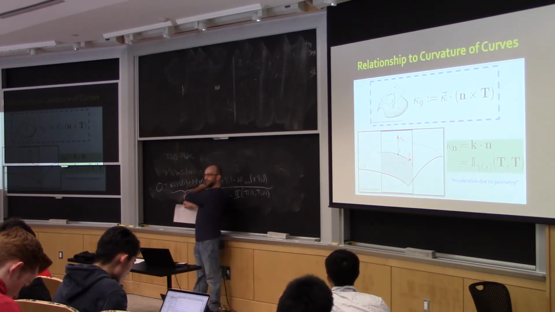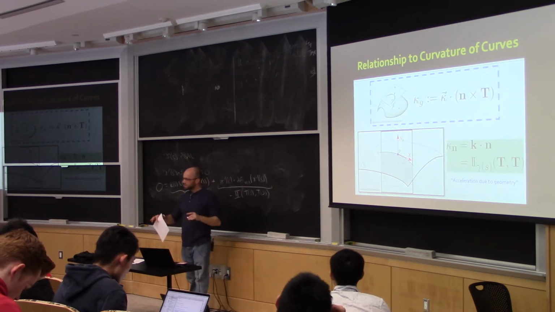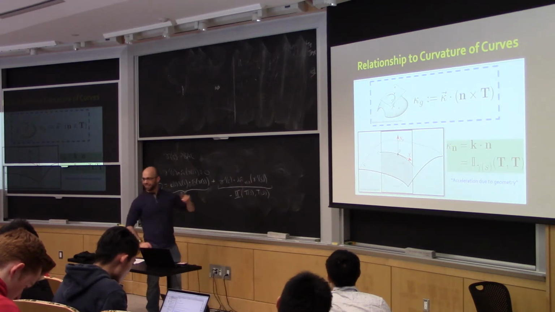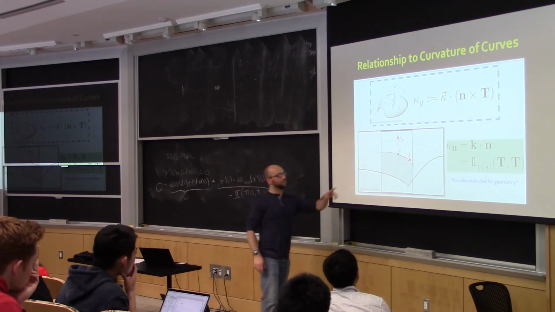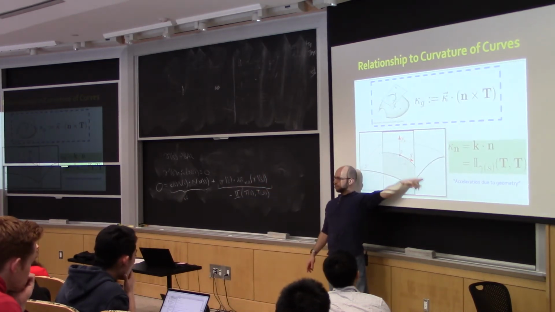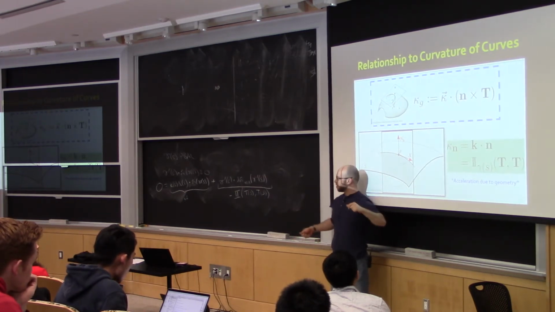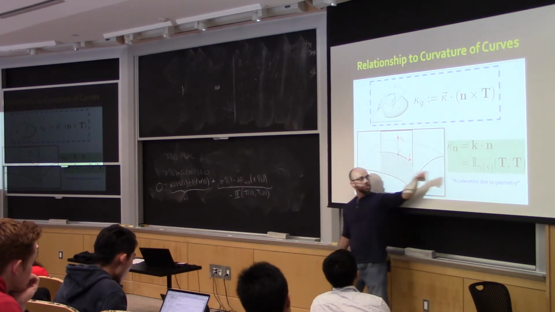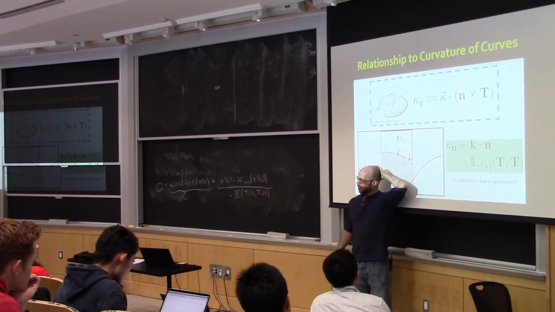Hopefully I don't have to rewrite this for you. That goes to the other side with the minus. Okay. So that derives the property that we were missing last time. So let's spend 10 seconds thinking about what this tells us, which is that our car is driving along the surface. He feels force in two directions. One is tangent and one is normal. And the point is that the tangent one has everything to do with the way the driver is turning their steering wheel and nothing to do with the geometry of the surface. And the other one is that the normal component has everything to do with the surface and nothing to do with the way the driver is driving.